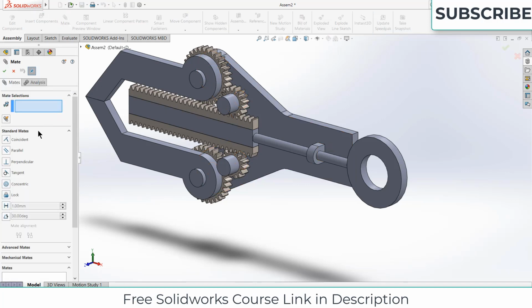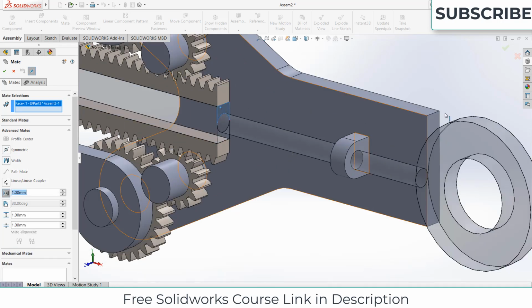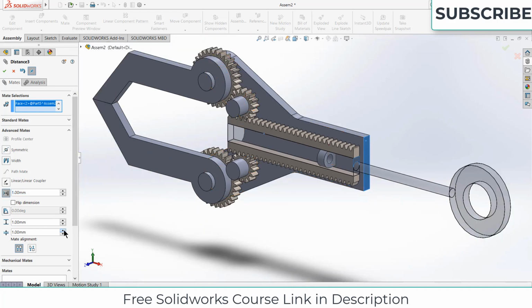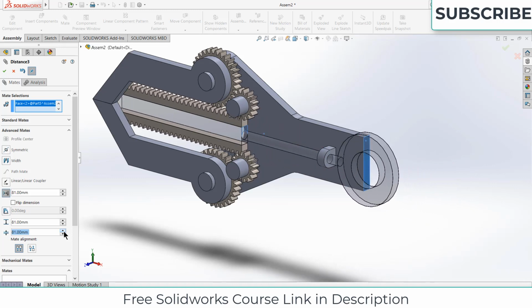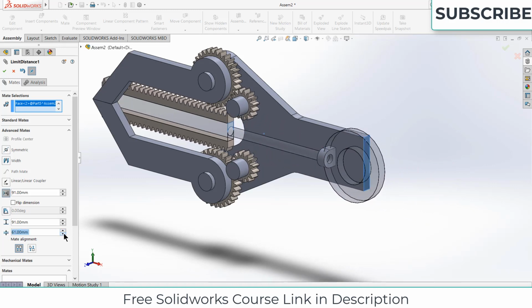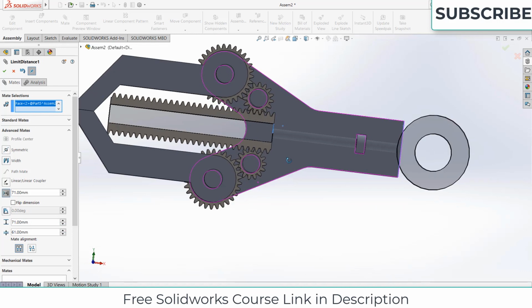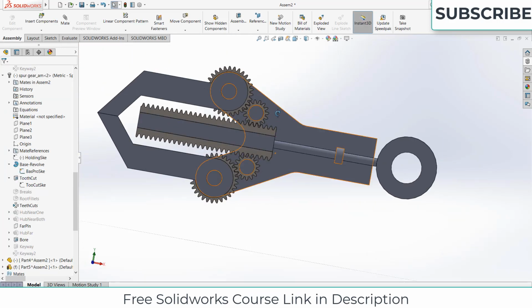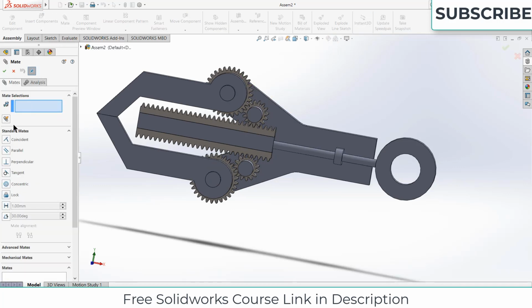Now click on mates, advanced mates, select this face and this face. Let's increase the maximum distance. I increased the maximum distance to 4. No, it's not working correctly. I need to think of something else. I guess I have to stick with the angular mates. Sorry for my mistakes.